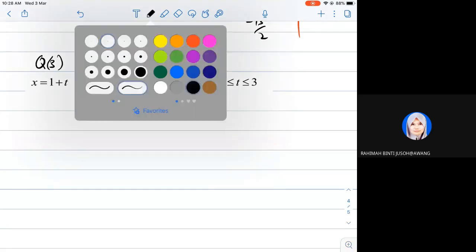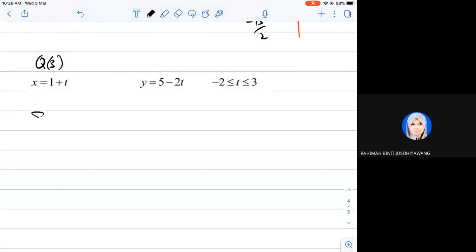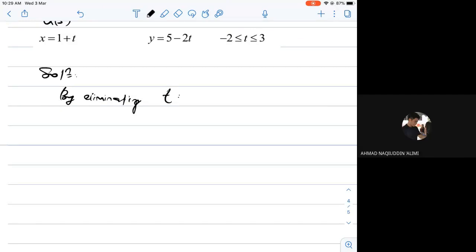Okay, so now again I'm going to solve this by using eliminating T. So which one you nak choose ni? Kalau you nak eliminate T? X or Y? X lah, paling senang kan? Okay, good. So from X we have 1 plus T, therefore T equals to X minus 1. Terbalik pula saya. Okay, so substitute